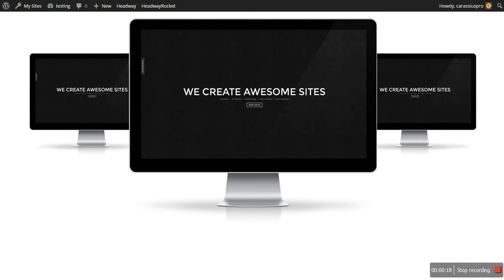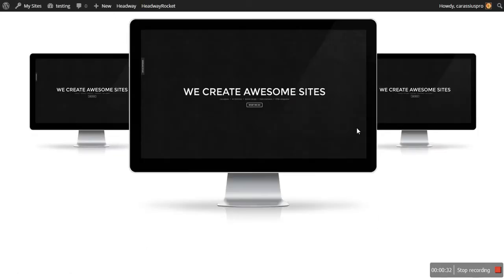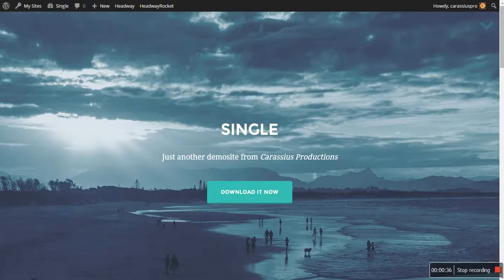So demo sites crassiusproductions.com.au/test, and if you remember we created those three monitors that if I refresh this they cascade in. So that was our last tutorial, and this tutorial was because of a question I got asked on this